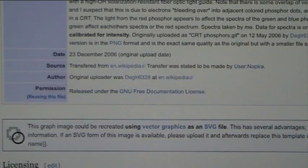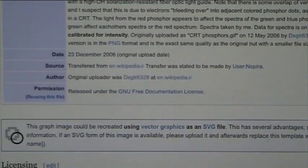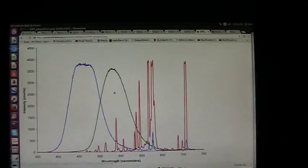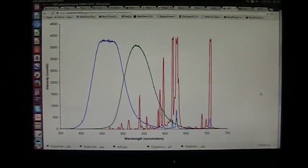Okay, this is who this work is attributed to, these pictures of the energy that CRTs give off. Now, let's see if we can see this a little better here. Hold on one second. I'm going to show the work that he did, or whoever the person may be. It's on Wikipedia. It's easily found. Now, as you can see, you have the blue, the green, and the red